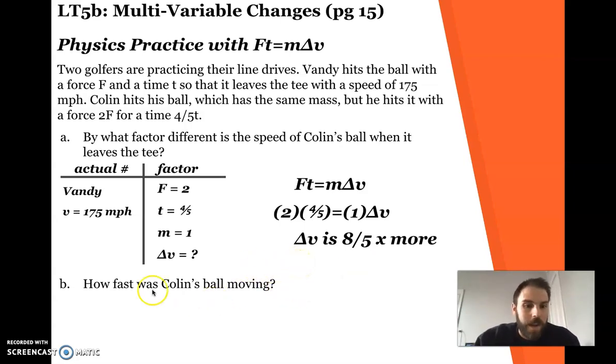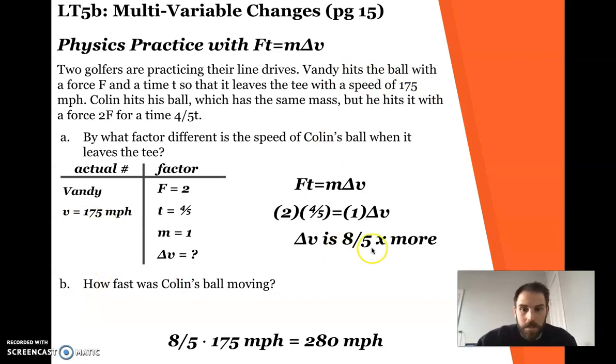So now I just need to apply it. How fast is Colin's ball actually moving if Vandy originally hit it at 175 miles per hour? So all I do, just like before, is take my factor and multiply it by the original number, in this case 175 miles per hour, and I get my new number to be 280 miles per hour. So with all these variables changing, Colin hits his ball at 280 miles per hour. So hopefully this example helps in terms of solving proportional reasoning problems. And if you need help with number 2, I'll also have a video